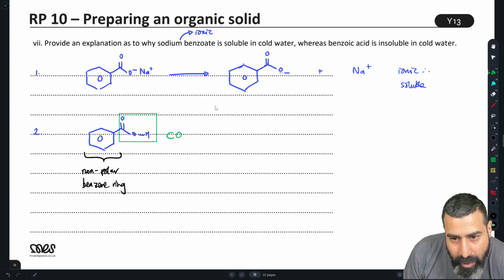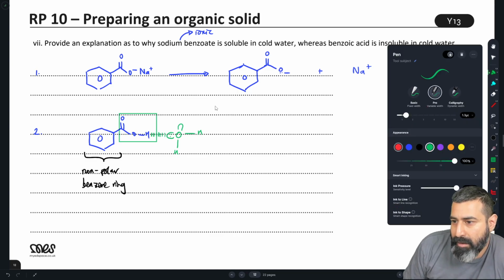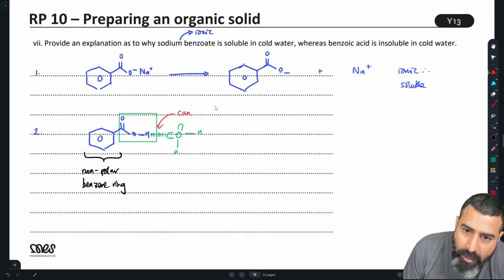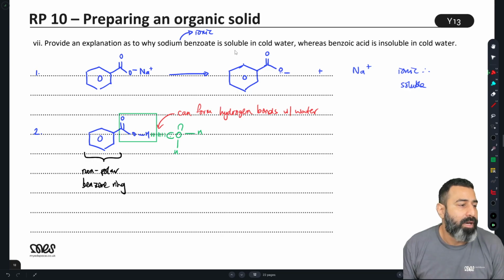So there's my lone pair. So yes, that can form hydrogen bonds with water. So we can get hydrogen bonding with water. So it can form hydrogen bonds with water. Okay, but if we're going to structure our response, let's think about how we'll do this